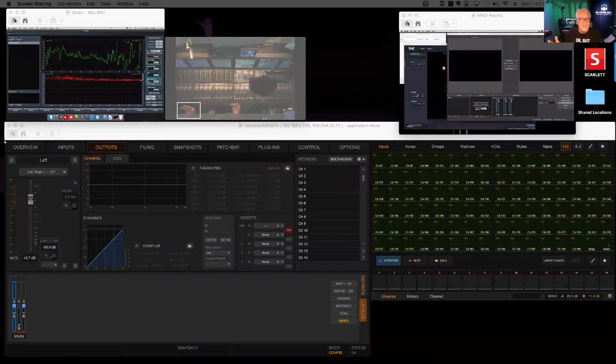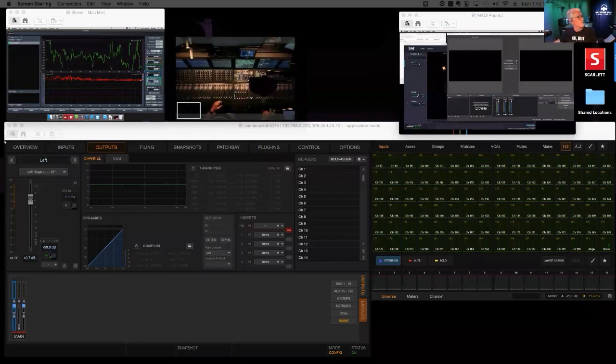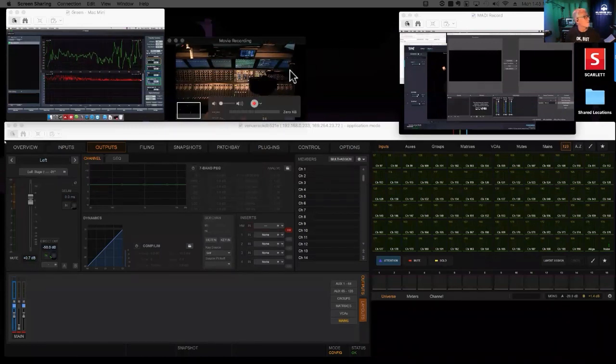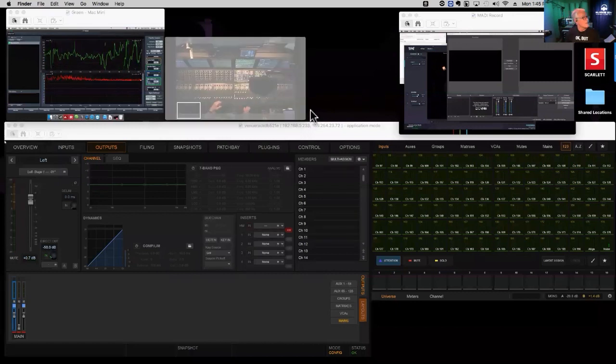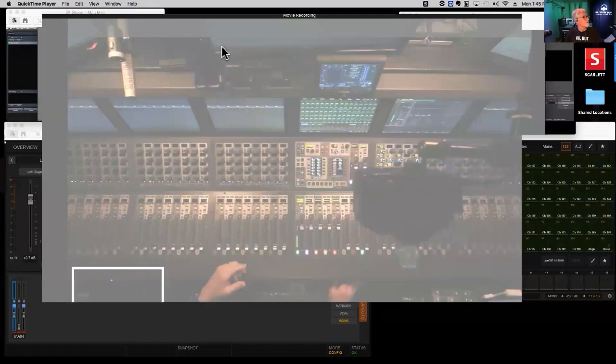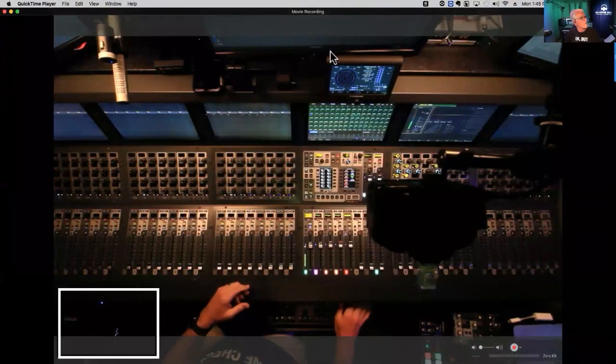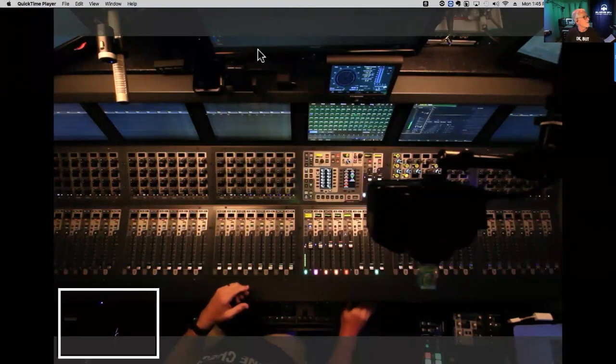So obviously in live sound consoles, we don't have LUFS meters. None that I can think of anyway. I actually have a device here. I don't know whether you can see it. I think you can probably see it on the overhead here. Let me pull this up. This way I can see it again. So if you look,